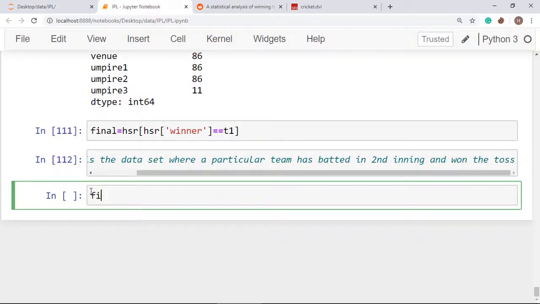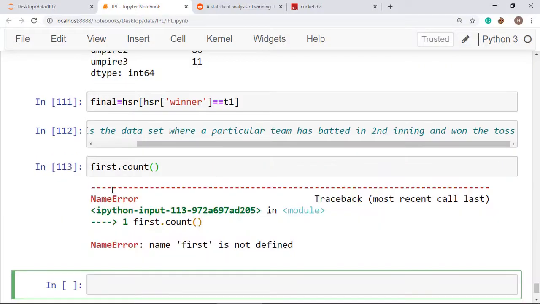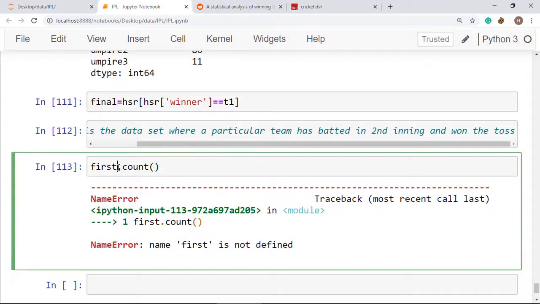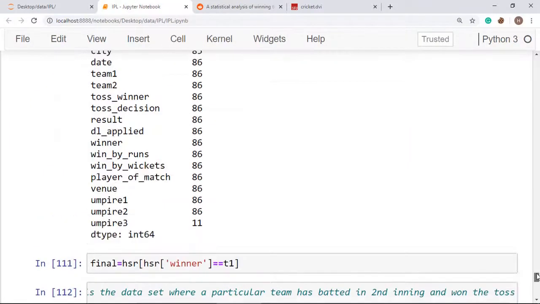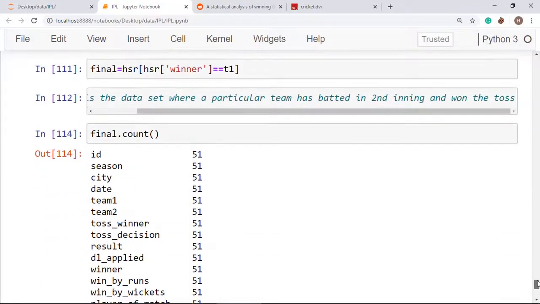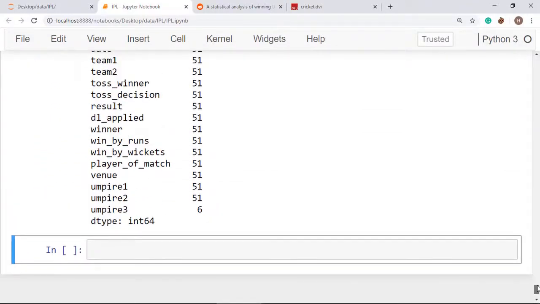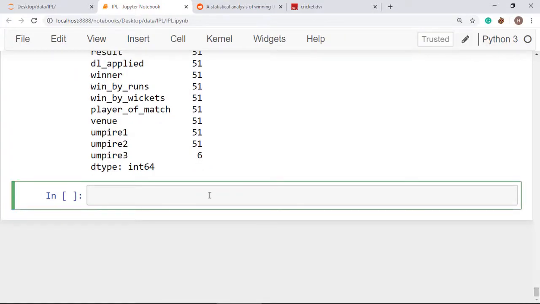So when you are going to count first dot count, then you will be getting value like this. Sorry, there is not any data set first, there is final. Okay, it's my mistake. So 51 times Mumbai Indians has won the match when they had batted second. So you can see in total 86 times Mumbai Indians has batted second and they have won 51 times, means they have lost 35 times their matches when they have batted second.